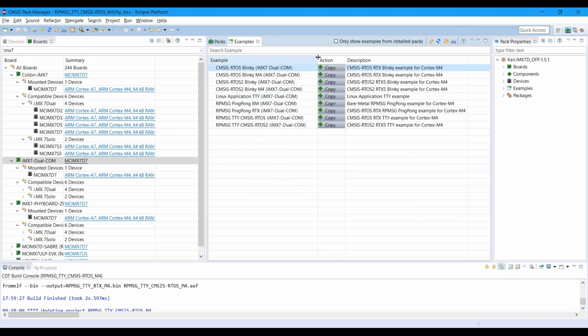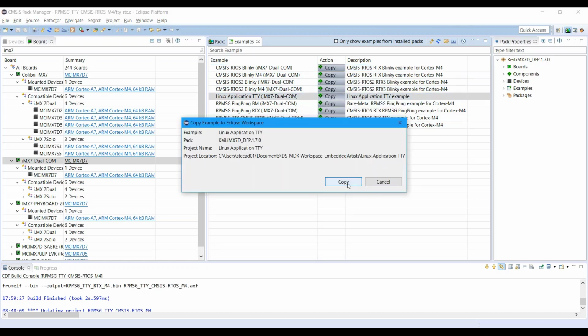Examples are really useful because they are tailored to the specific board, which means that you don't need to spend time downloading the SDK and trying to figure out how to build it. You have your example already integrated in the pack, and with literally one click, you can copy that